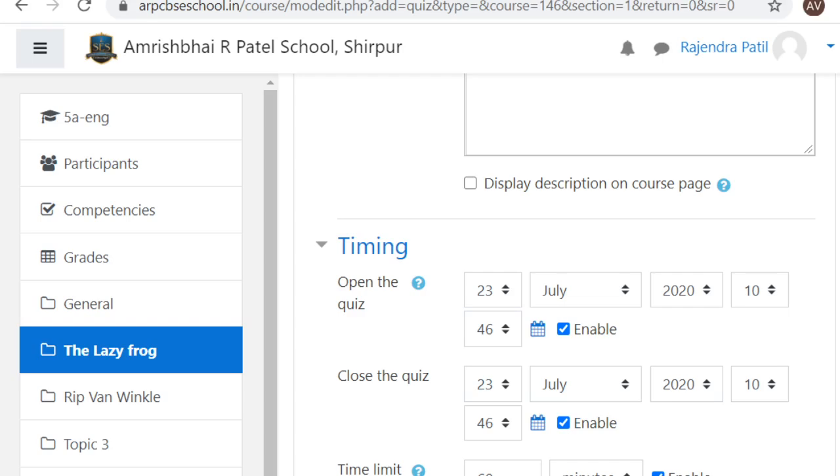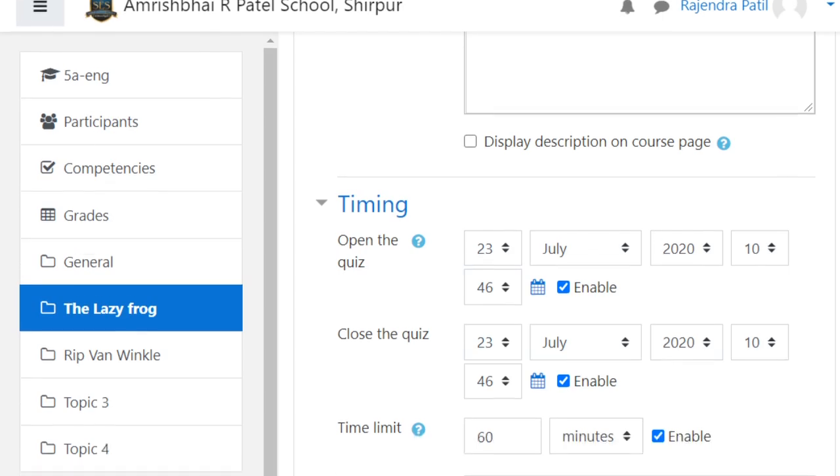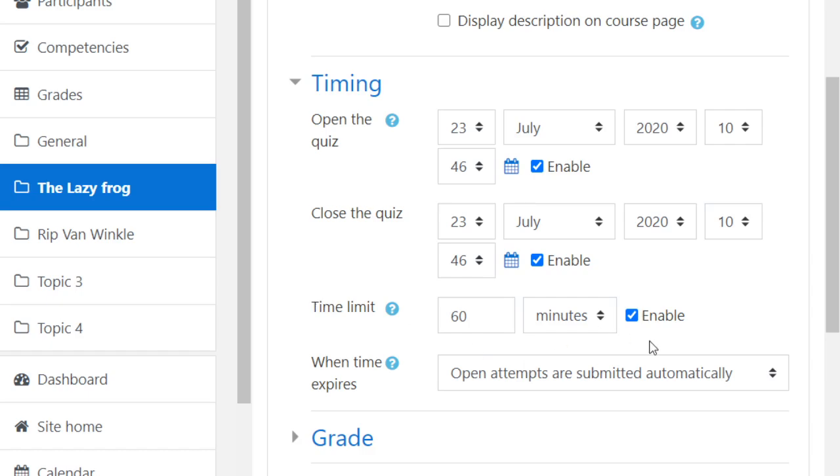And after that there is one more option that they need to attempt only once, and when they attempt, this particular quiz will be automatically submitted. You know, most of the time it happens when you give online exams, when the time gets over, automatically the exam also gets over. The same way the children also will finish their exam when the time is over. Getting it? So only one attempt is important.